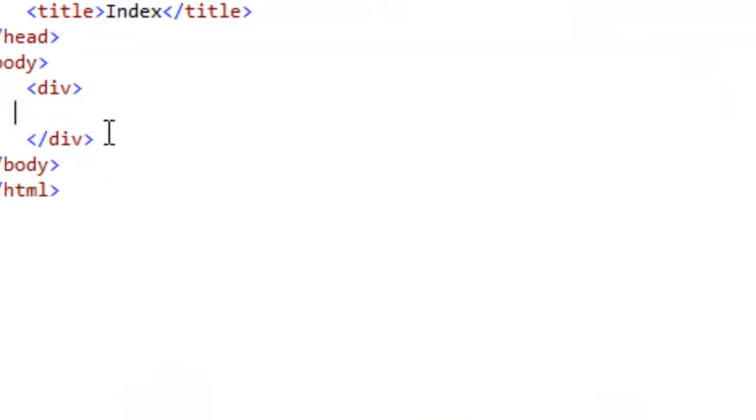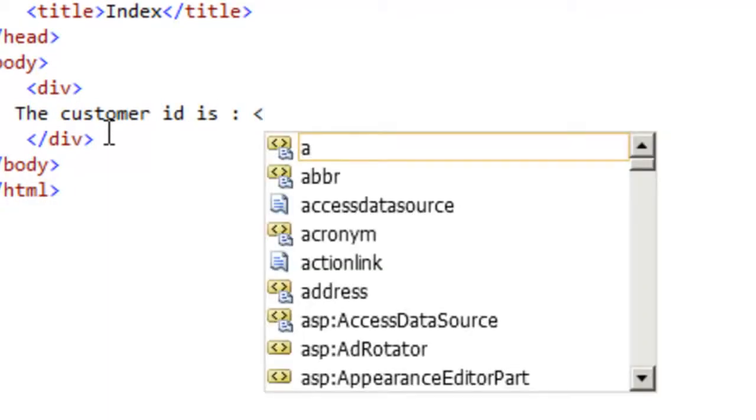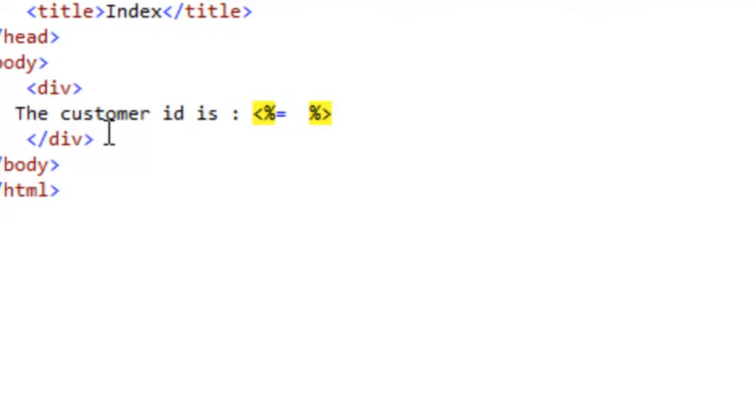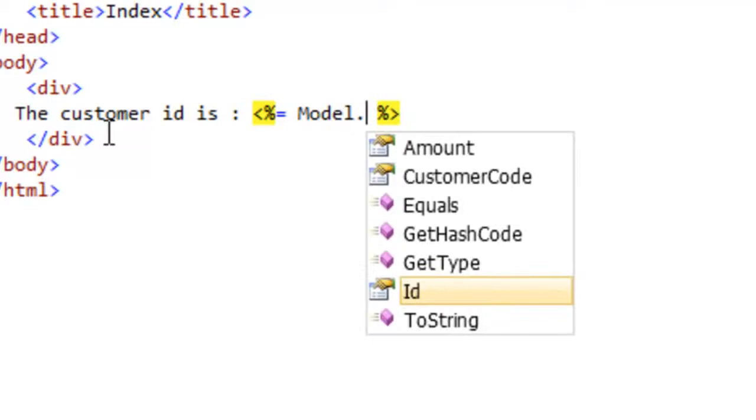So let's go ahead and start displaying the customer object data in this view. So we'll say the customer ID is percentage equal to display. Now in order to access the object over here in the view, we have to type model dot. So if you see, we have got a strongly typed object here, and we can access the object as well as the property values.